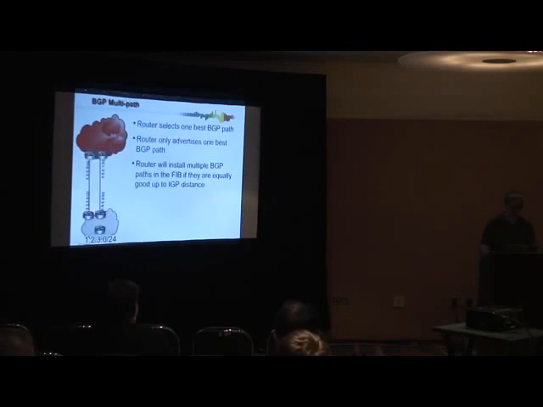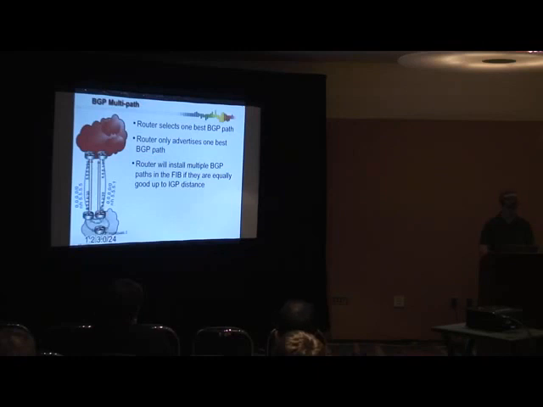BGP multipath. In this case, what's going to happen is we're going to have two different BGP sessions on two different routers, and each local router is going to prefer its local eBGP session for forwarding to the upstream ISP. In addition, each local router is going to pick one best path. If you recall from the path selection algorithm, eBGP is preferred over iBGP, so they'll each prefer their own eBGP path as best, and they will each advertise their best paths to each other